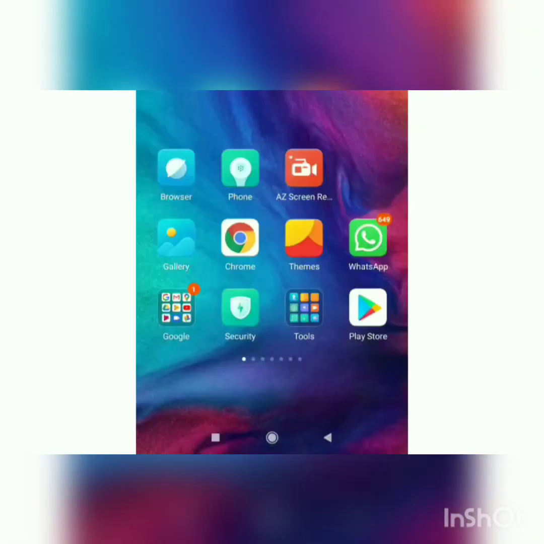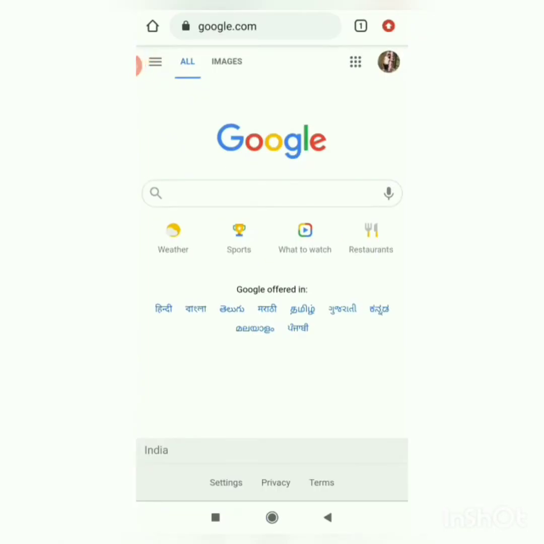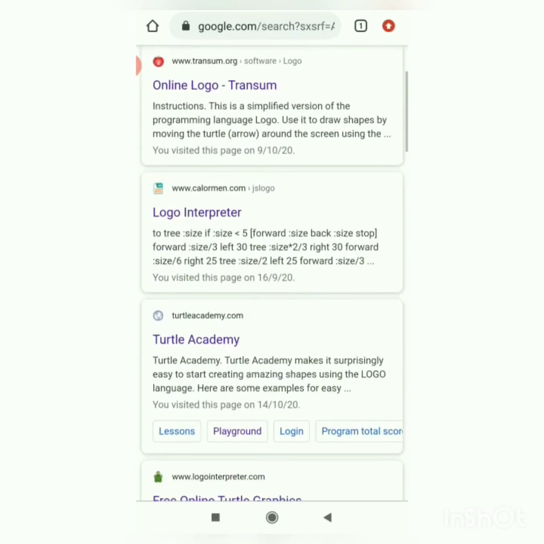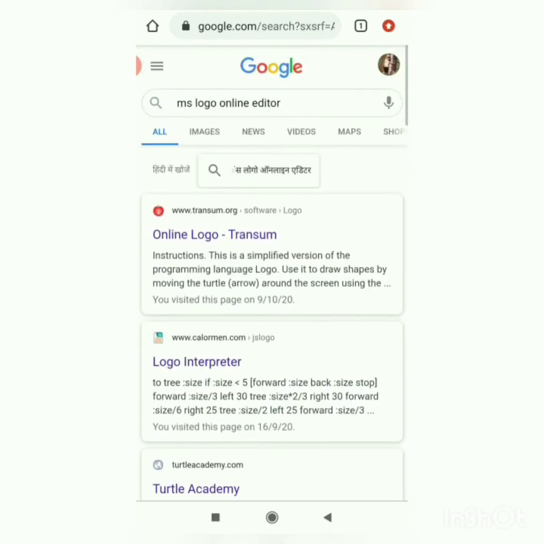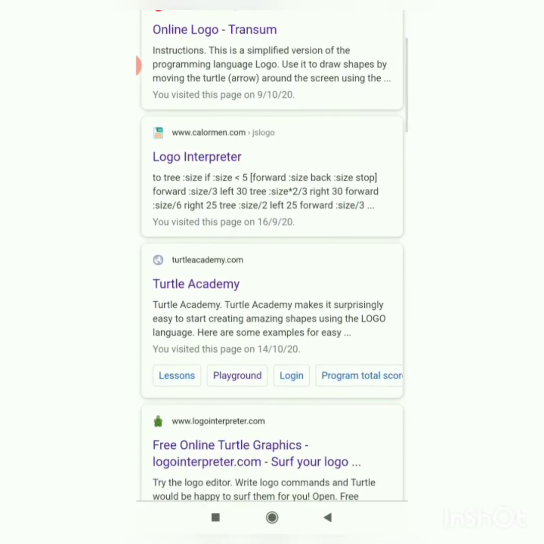Now I will show practically how we can do this on Turtle Academy. We have to open any browser. You can open Chrome, Firefox, any browser, and your line editor. As I explained last time also, you can open any platform, an online Logo interpreter, Turtle Academy, and so on. We are going to open Turtle Academy.